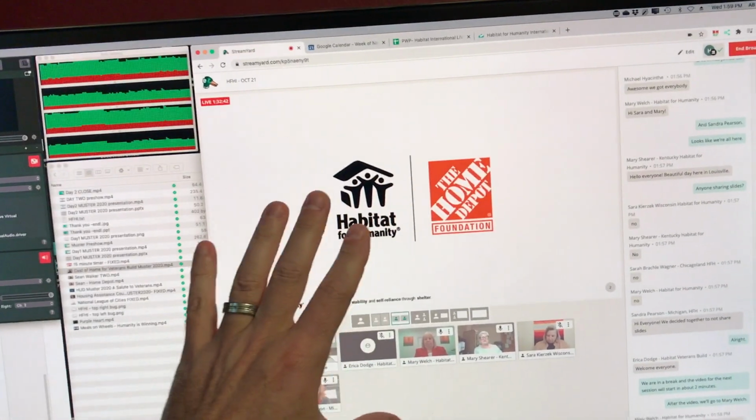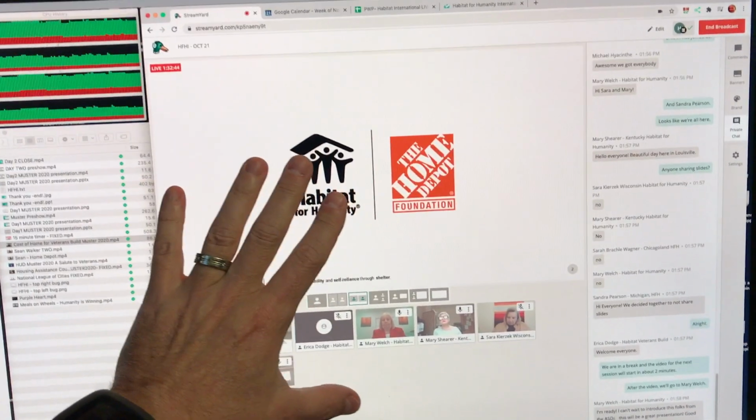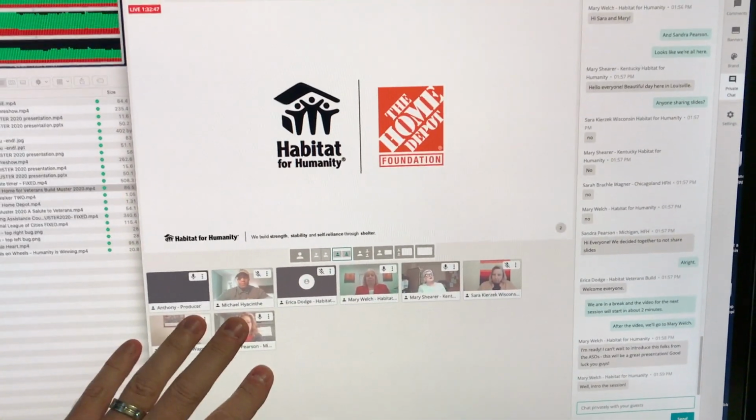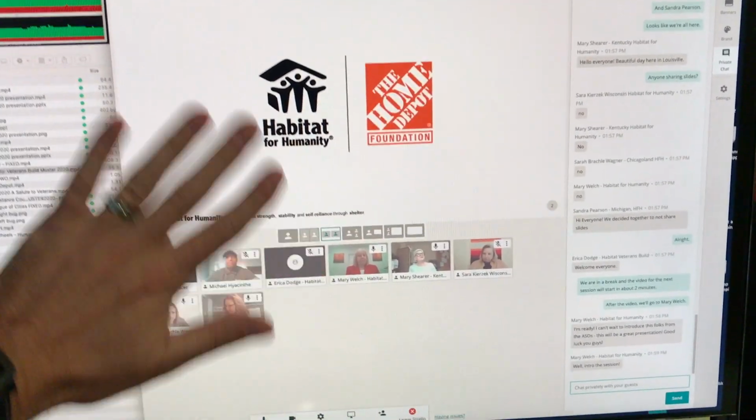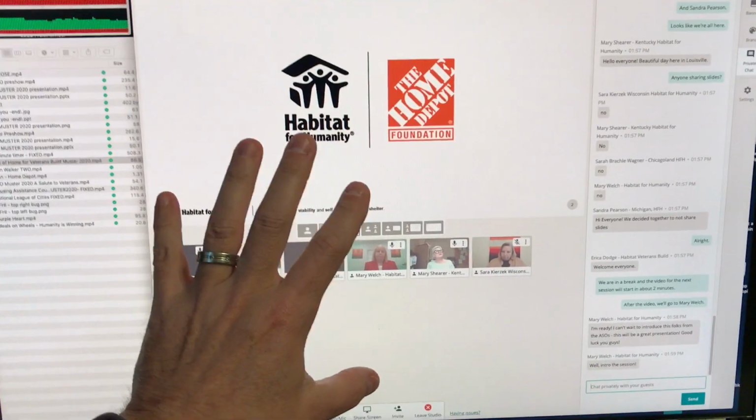But what is nice is you don't need a high-end machine to be able to handle this many inputs because this is all happening in the cloud. They're dialing in to Streamyard, and I'm just controlling a web interface, but the actual processing for everything happens in the cloud. And I think this is a key thing that is often understated, is the fact that a lot